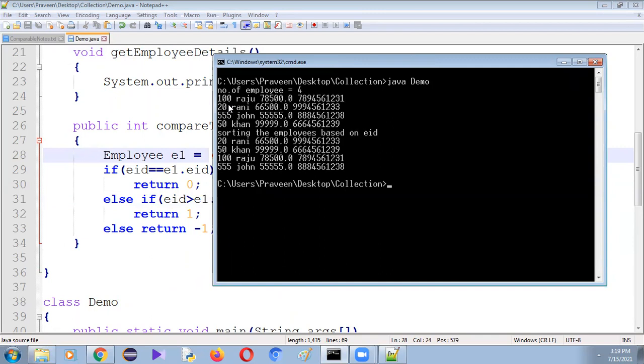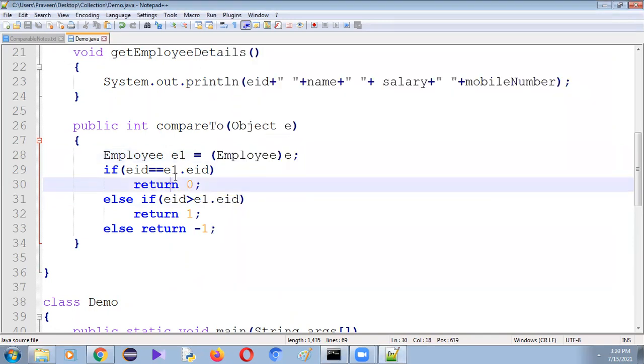Number of employees equals 4: 1, 2, 3, 4. Sorting the employees based on employee IDs. You can observe here, first it is displaying the employee details whose ID is less, 20, next 50, next 100, next one is 555.